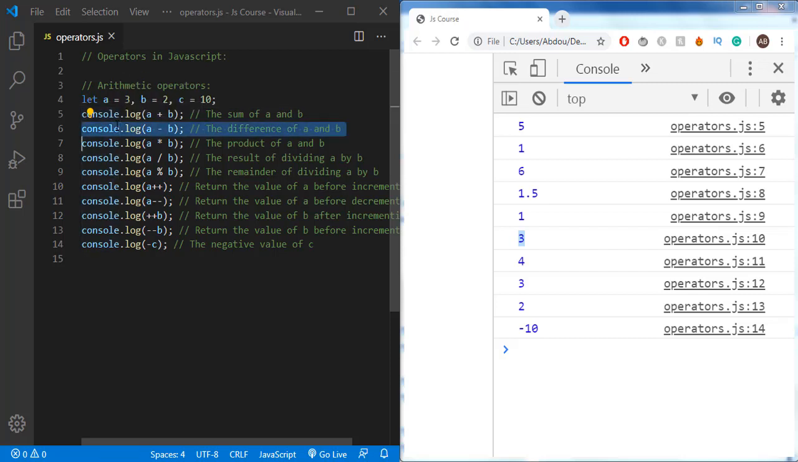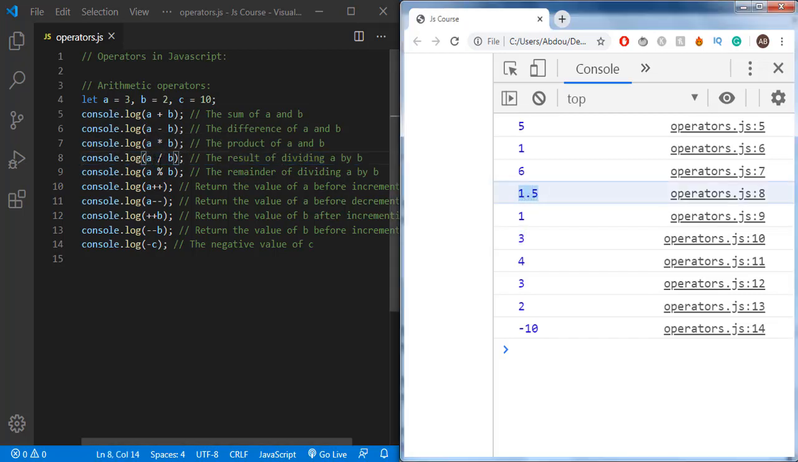In the following line, we are doing the subtraction and returning the difference of a and b. And in line 7, we are doing the product of a and b. And for line 8, we are returning the result of dividing a by b. You can see that on the console here, because we have a equal to 3 and b equal to 2, so the result of dividing 3 by 2 is equal to